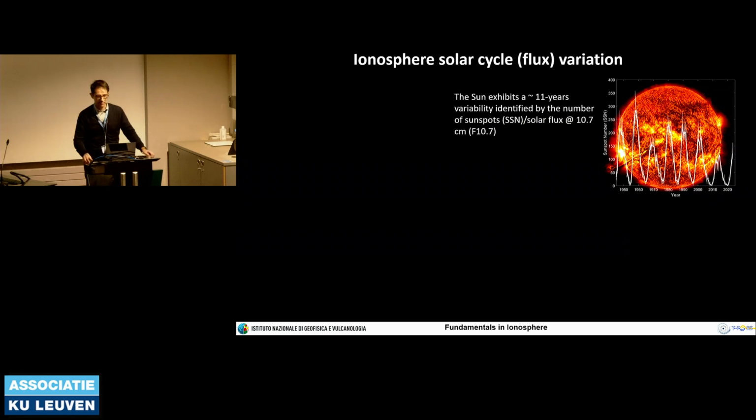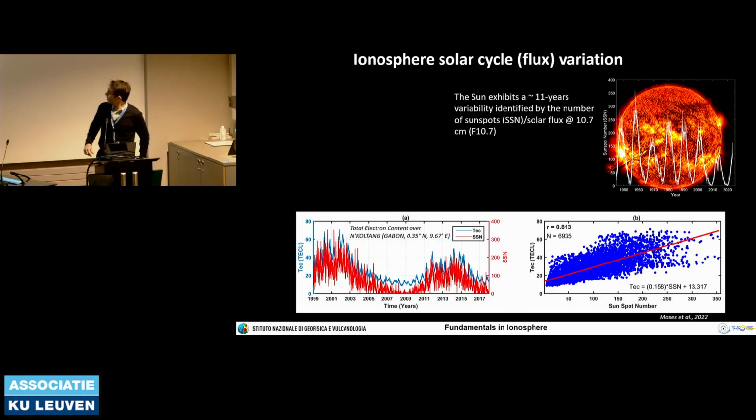you know that the sun has a cycle, of 11 years, and you may spot this variability by monitoring the sunspot numbers or the F10.7, which is the flux at that specific wavelength, 10.7 centimeter. It behaves like this, so it's the way you can recognize and spot minima, maxima, and ascending and descending phase. So, what's the dependence of the ionospheric behavior on the solar cycle?